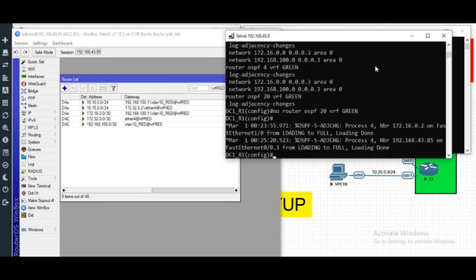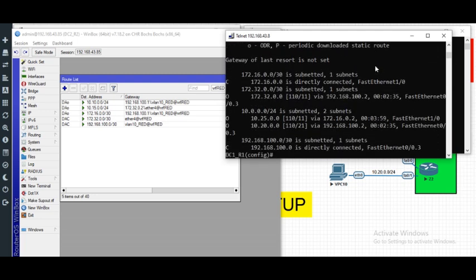Let's do for Cisco device as well. So from our configuration module, show IP route VRF green, you can see the networks, while for VRF red, you also see the networks. So if you follow these steps correctly, you will have your VRF Lite set up on your network, and then